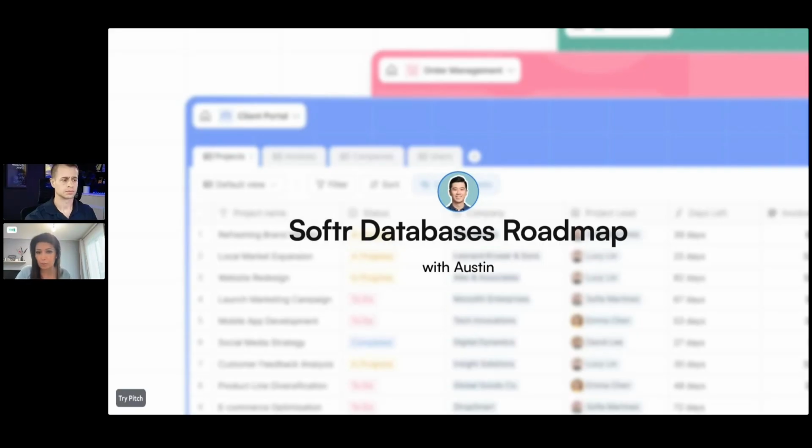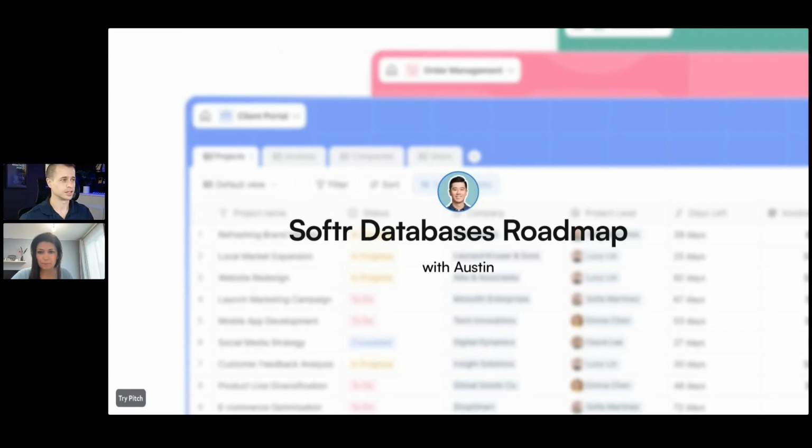However, the team is working very hard on transitioning all of the blocks into the new system, into the new block design that looks and functions amazingly out of the box. There's only a handful of blocks left that are in the old version. Besides the static blocks, a lot of the dynamic blocks are already on the new version. Hopefully, we're looking to fast track that in the next months. Also, our Kanban block, that updated block is coming soon, and then that will also work with Softr Databases. That should be very soon, and that's a really cool update.